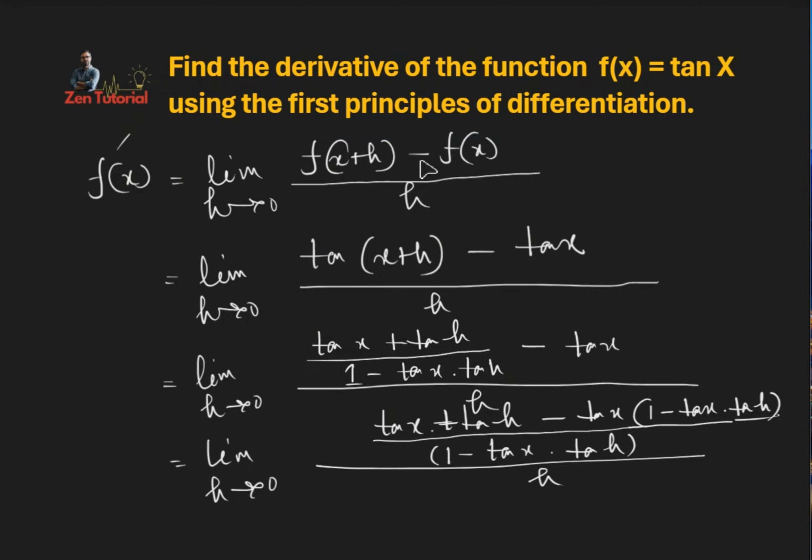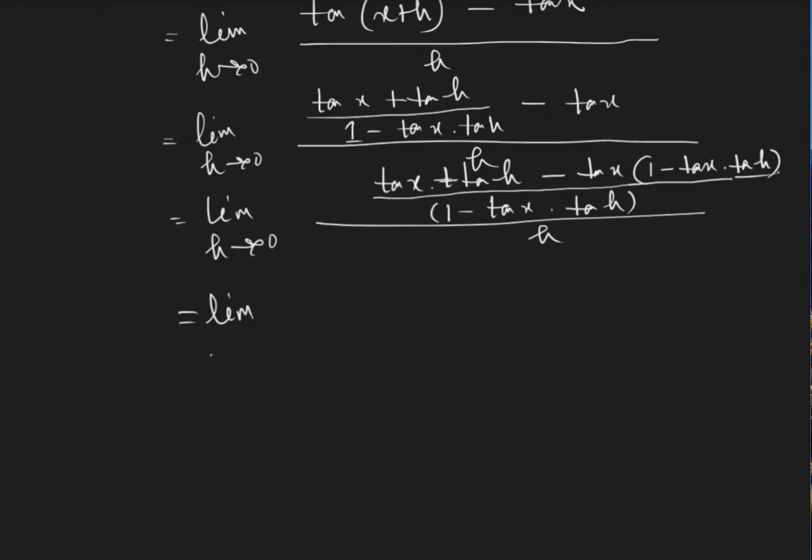Now what we can do here is limit h tends to 0. We could rearrange the equation like 1 minus tan of x